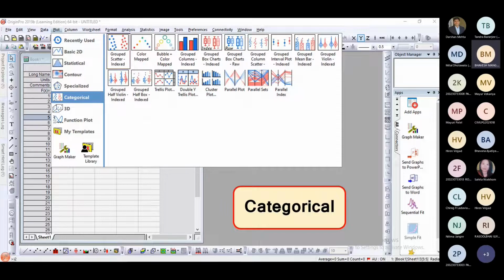All box type plot, column type plot, bubble type plot, scatter plot, violin plot, full violin plot, all the plots that we have seen can be done here with category. That means we can compare the data from different locations or we can compare different parameters of a single location.